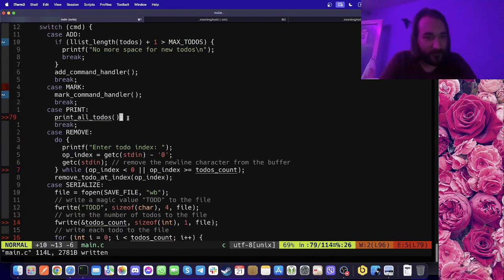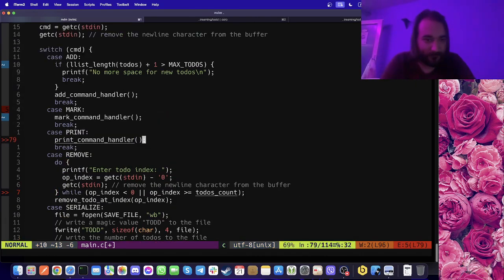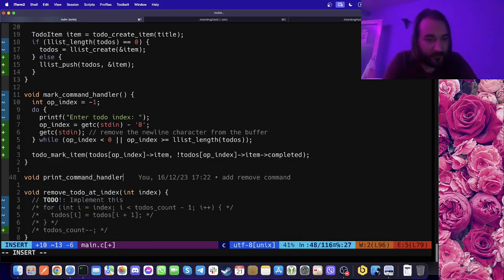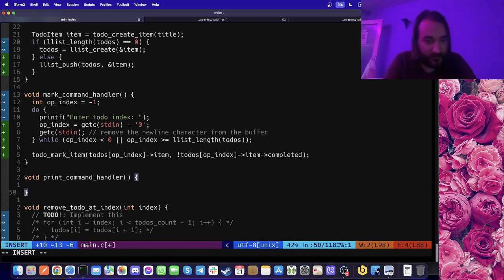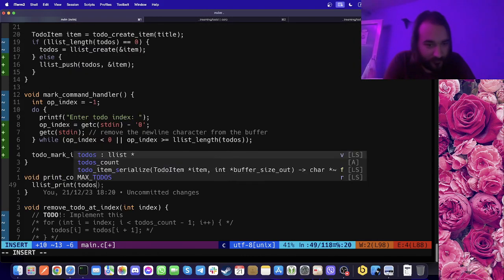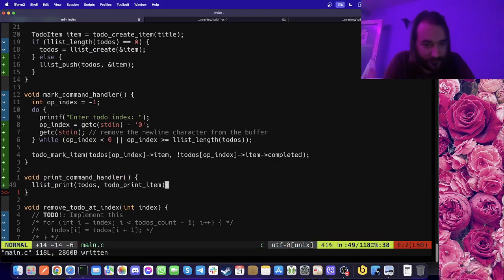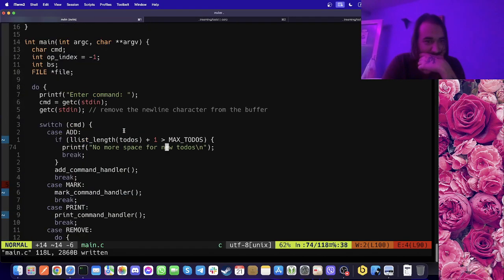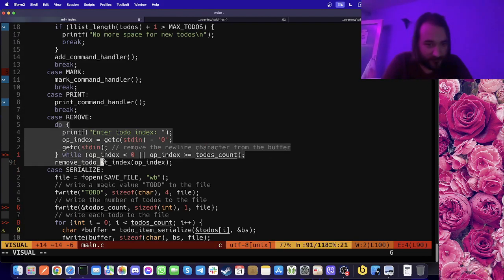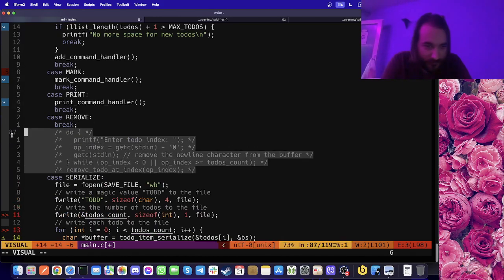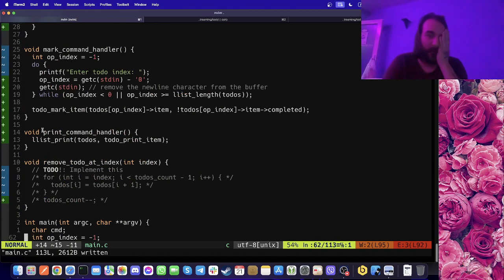Okay, to print all to-dos, we'll create a print command handler. Print command handler, and basically what we're gonna do is a list print to-dos, to-do print item. Yes. This will be taken care of later. Serialize. Now,